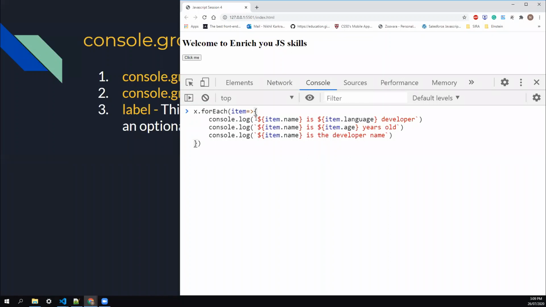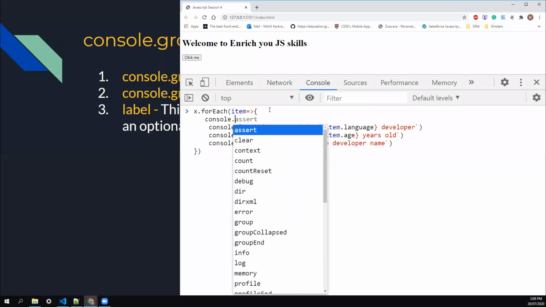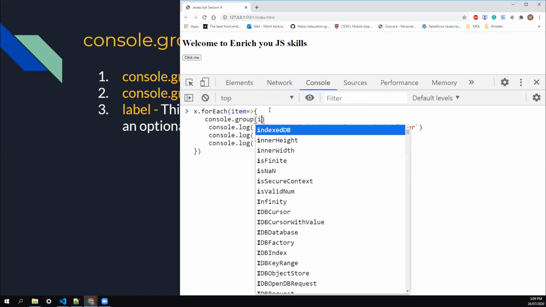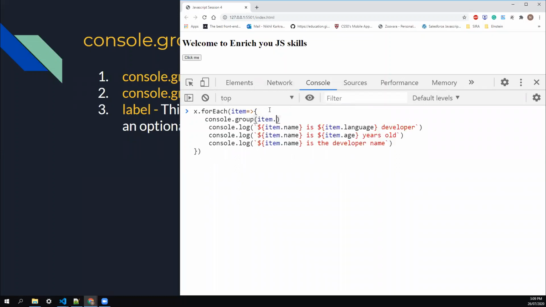console.group. So what we're going to do here is use the group method. Group also takes a label. So since the loop is taking dynamic values, we'll say group by name. So all consoles should be grouped by name, and the grouping should end once the last console comes. So we'll say groupEnd.